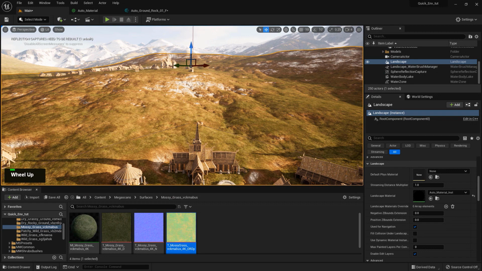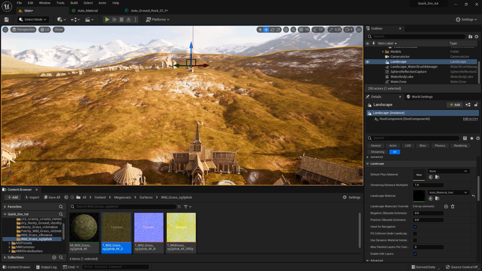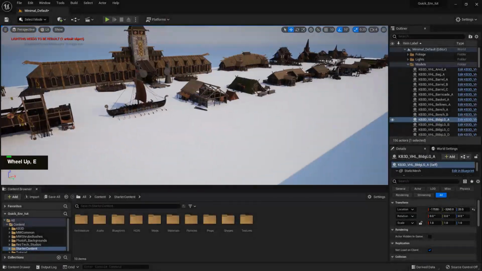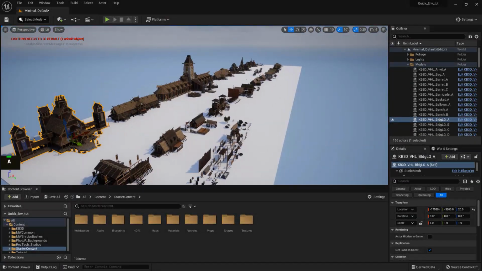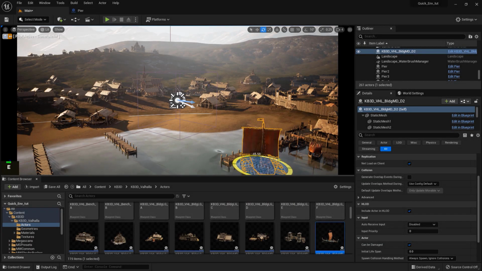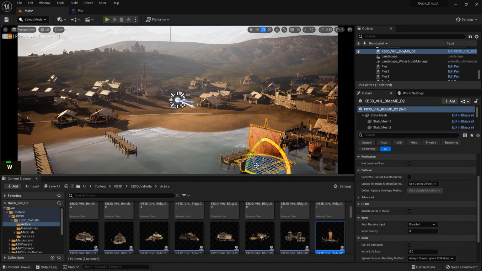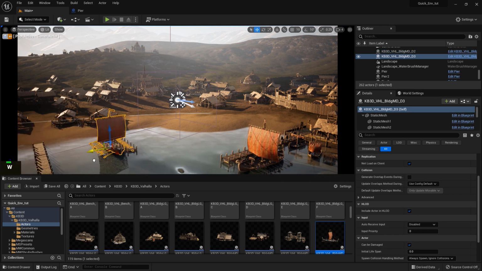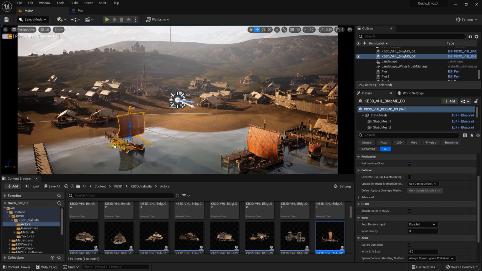Now as mentioned before, for this course we will be using external assets. This means that the actual environment is not included in the source files, due to me not owning the rights to actually give you these assets. But I have included various bits of information, and with almost no time lapses in this tutorial course, I am sure that you can follow along and learn from this course no matter what assets you are using.